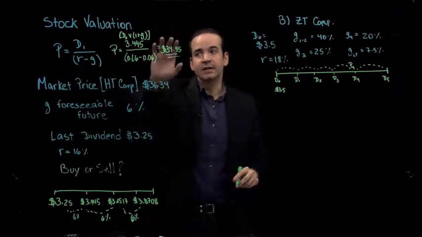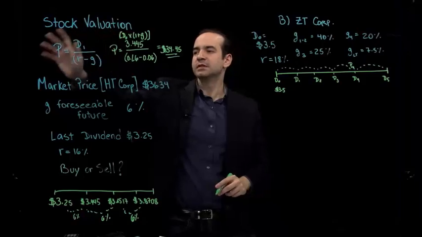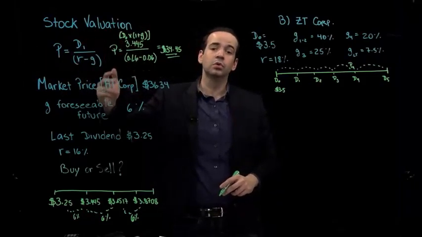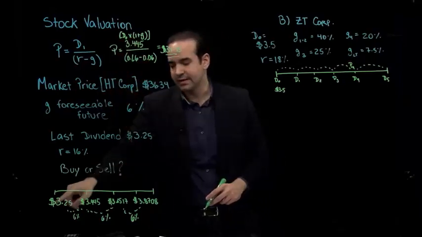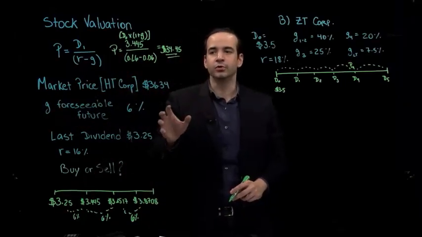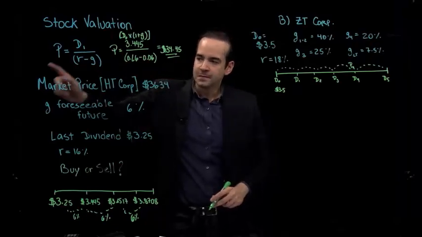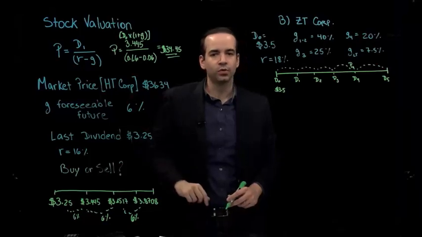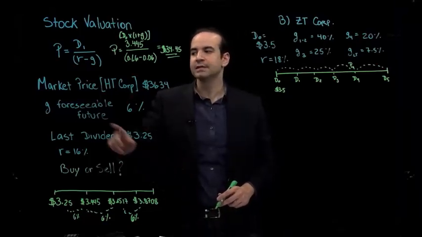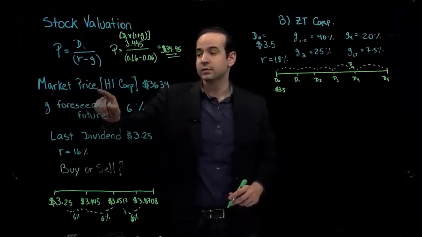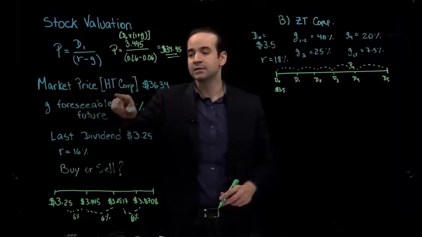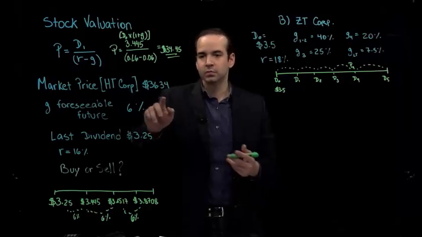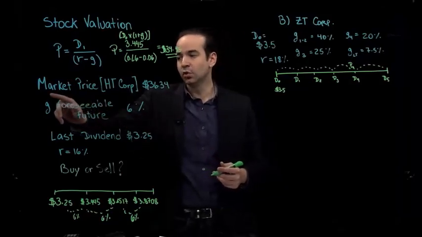So this value is the value that is coming from the dividend discount model, assuming that these dividends are going to grow at a constant pace, so at 6% for the foreseeable future. Now, what if you see that the market price of HT Corporation is 36.34? So in this case, the market price, or in other words, the price at which you would buy this stock if you go to the markets, is this,